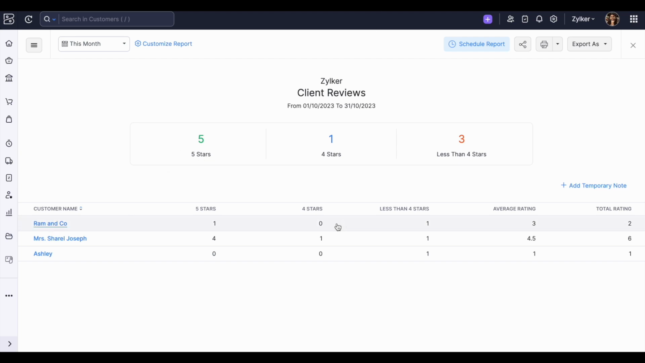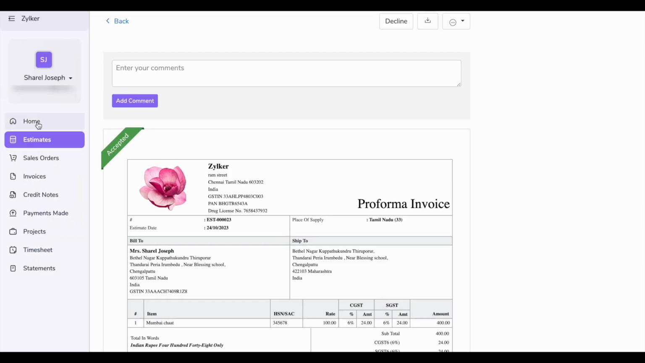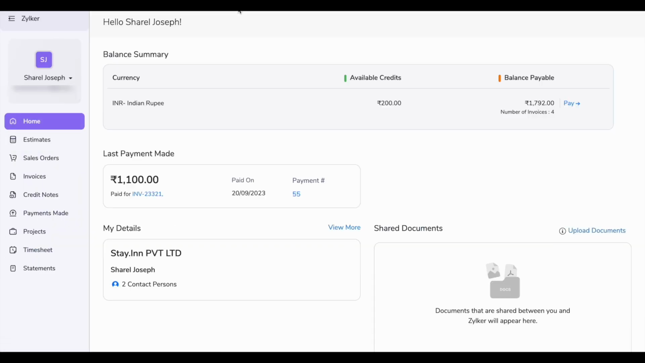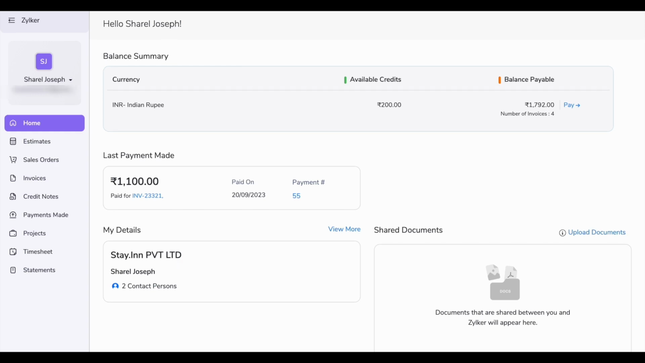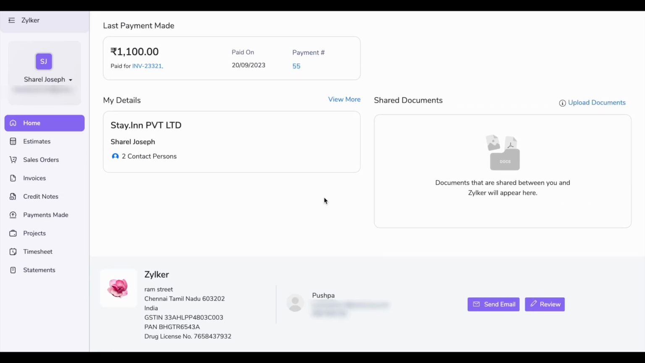Here in this report, it gives you a detailed report along with the customer name and the number of star ratings given by your customers from their client portal. We'll now look into how the customers will be giving you this feedback or star ratings. Coming to the client portal page, this is how the customer's client portal looks. If they want to give star ratings or feedback, they just need to go to the bottom of the page of the client portal